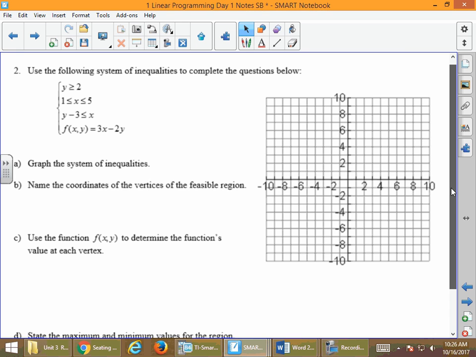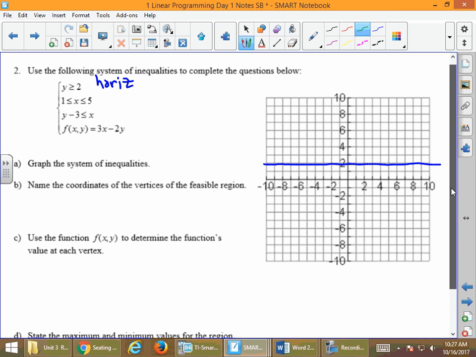Well, we're going to cut through the y-axis at 2. In other words, y is greater than or equal to 2 is a horizontal line. And once we can identify that fact,